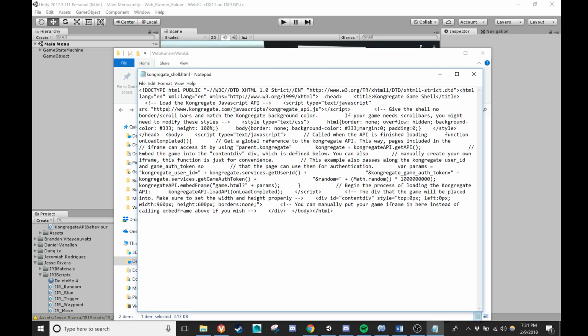Now, if you come down here and find where it says Kongregate API.embed frame, and it calls this function, right here you see it says game.html. We're going to need to change this to say capital B Build, if I could spell, slash index. And it'll be lowercase index.html. So instead of game.html, it'll say Build slash